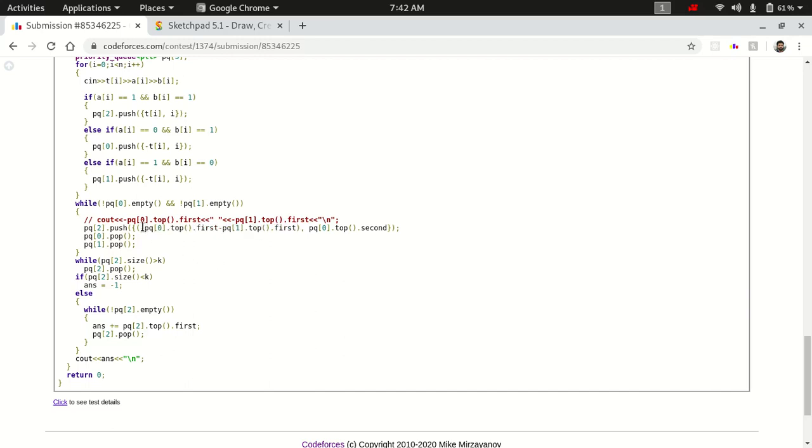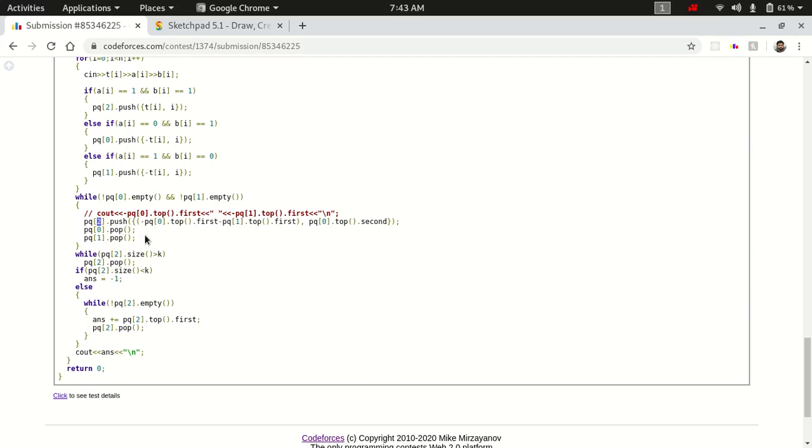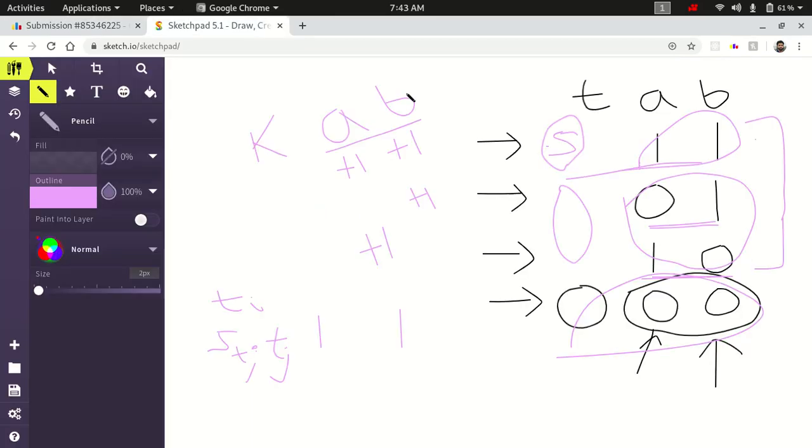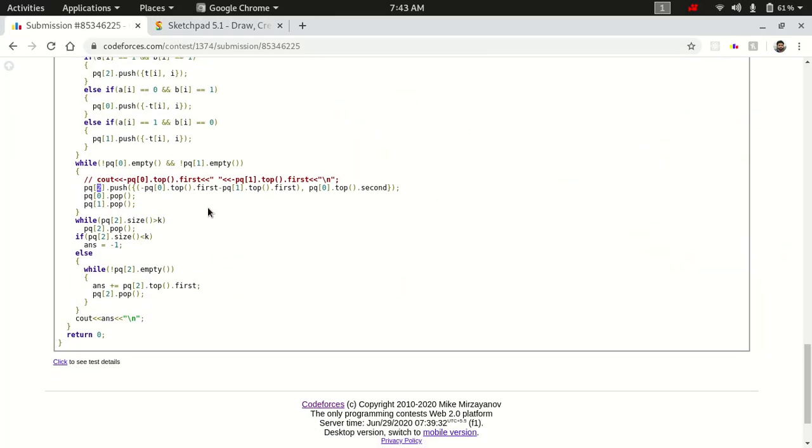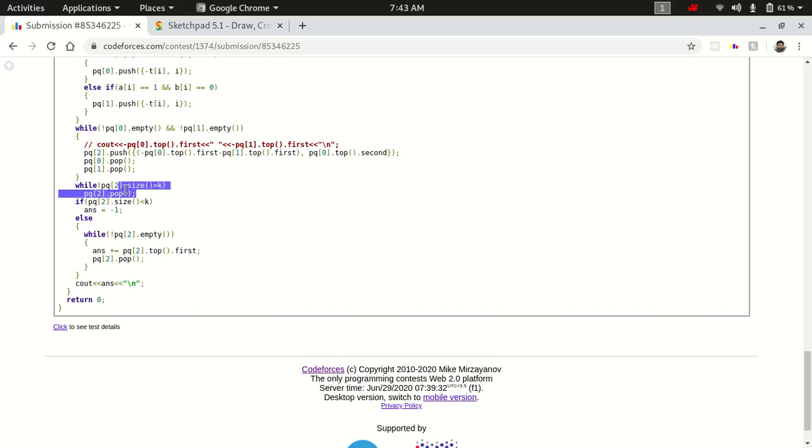I negate the values again, because I had pushed the values into the priority queue with a minus sign. So I added a minus sign again to get the original value back, and simply pushed their sum into the priority queue. Now my priority queue 2 contains all the pairs with their sum value and all the books of type 1 with their ti values, and I will exclude points if the size of the priority queue is greater than k.